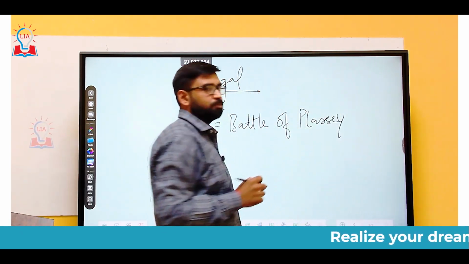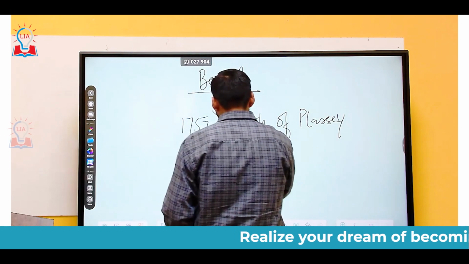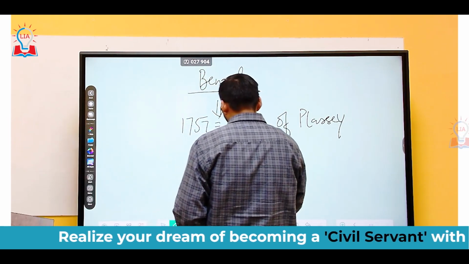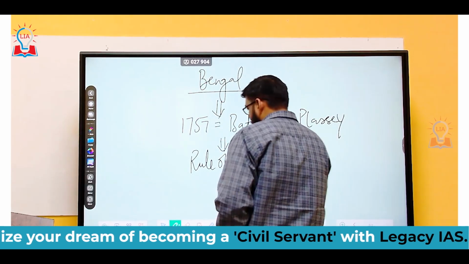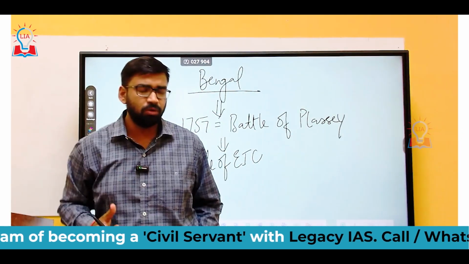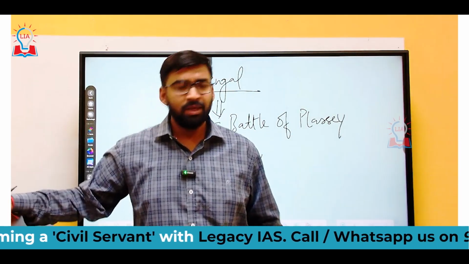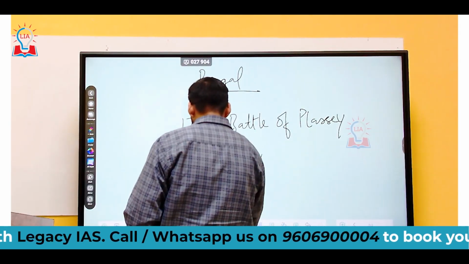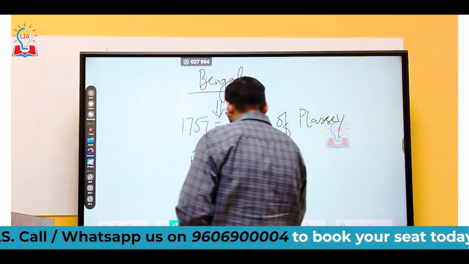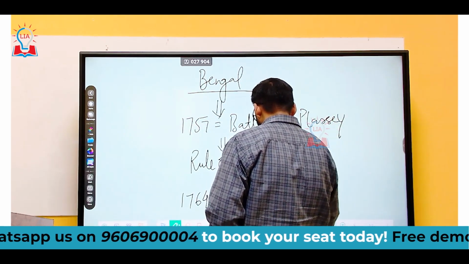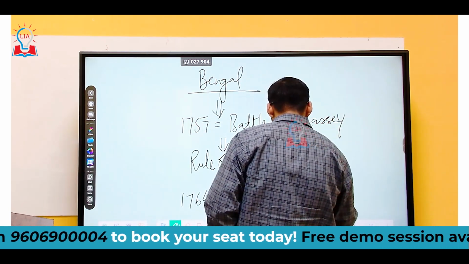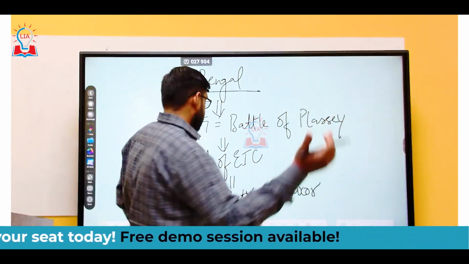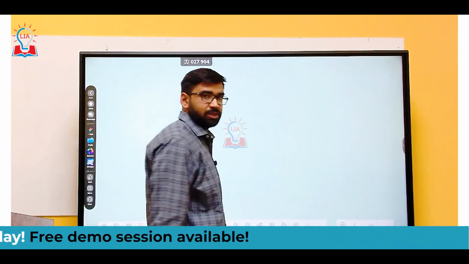And this Battle of Plassey resulted in the establishment of rule of East India Company. And then another battle in 1764, that is Battle of Buxar. And again, after this Battle of Buxar,